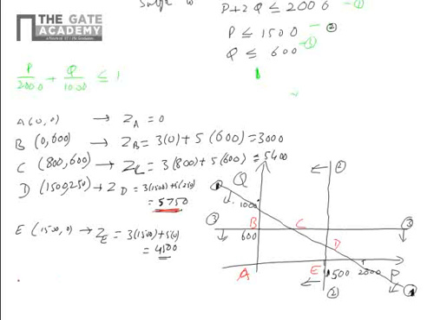So that point is called the solution, and the maximization of the objective function is the value 5750, and the point is